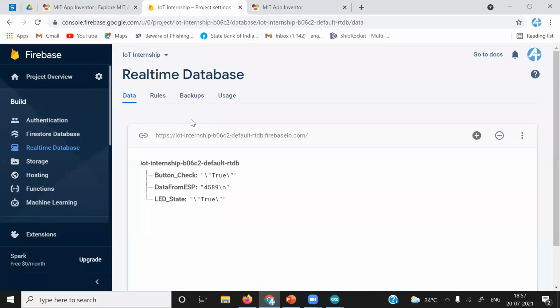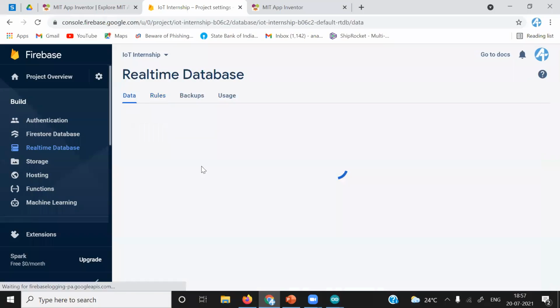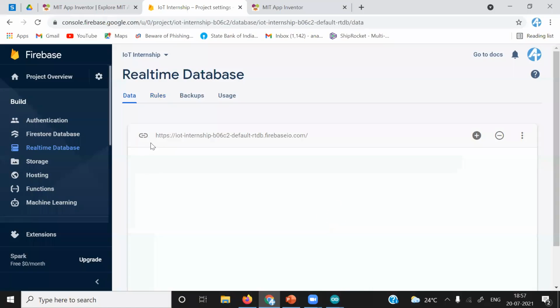So it is very important. See here in rules, you can see read and write are set to true and true. That means whether you have the database secret with you or not, you are still able to write data or read data from the real-time database if you only have this URL.